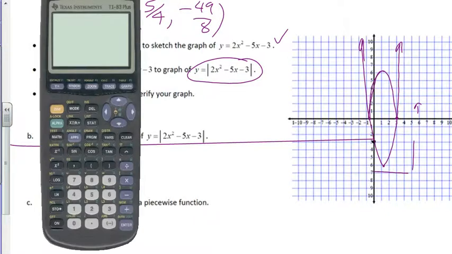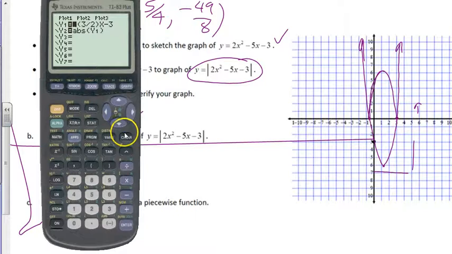The original? Actually, no, if we just change y1, y equals... okay, if I just change y1 to negative, no, it's positive, sorry. Okay, let's clear this. Change y1 to 2x squared minus 5x minus 3. Now if I hit graph, first it'll graph the quadratic and then it'll graph the absolute value,